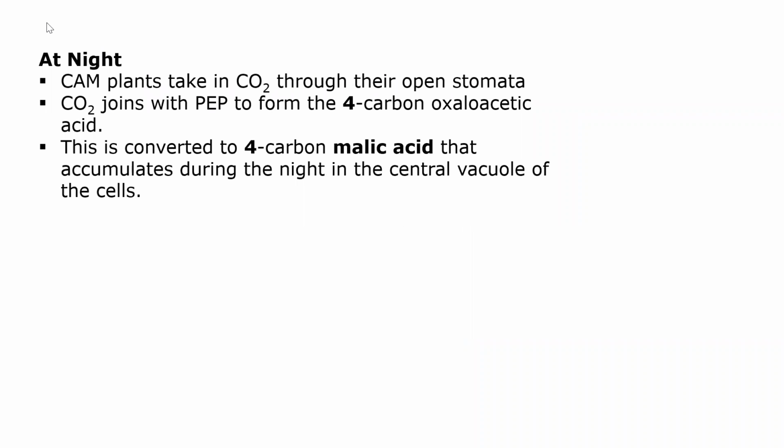So you see, during the night, what happens? Since the stomata are open, they take CO2, right? And CO2 is accepted by PEP. So the first stable product, oxaloacetic acid, is formed in a similar manner to what we have seen in the case of C4 plants. Now this 4-carbon compound oxaloacetic acid is converted into 4-carbon malic acid, right? And there is a vacuole called the malate vacuole. So whatever malic acid is formed is kept on storing in that particular vacuole, which we call the malate vacuole. That is what happens during the night.